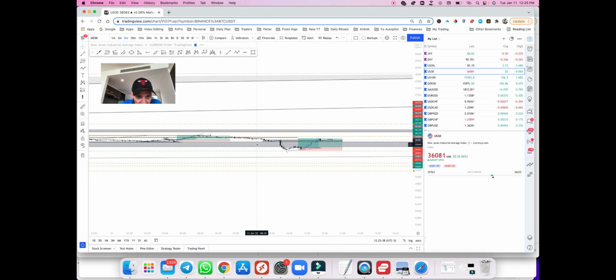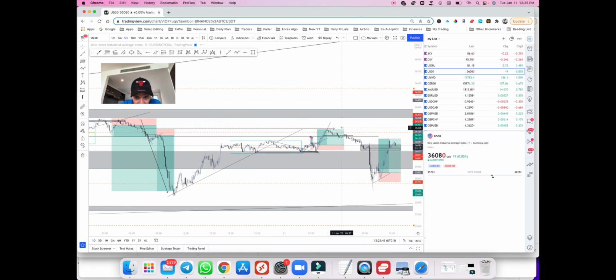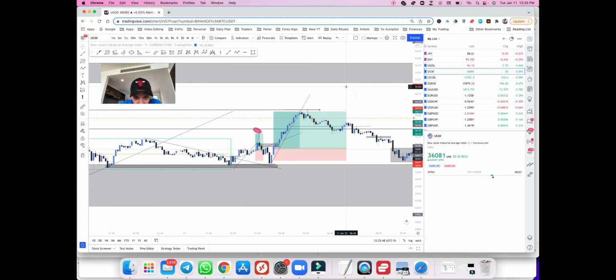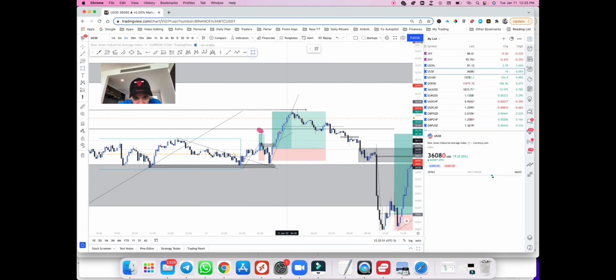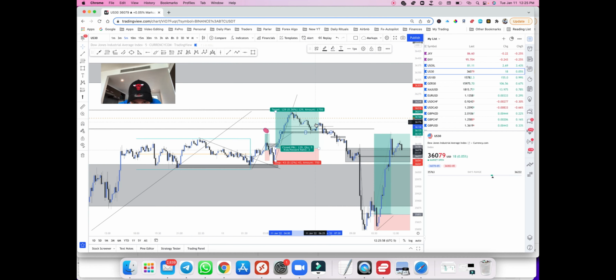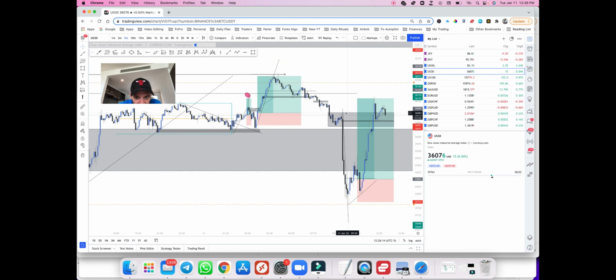But if we just go back, just do some lower time frame momentum entries while we're here again. So here I didn't want to take any sells until this area had broken, because I still had a lower time frame bullish bias. I actually took a buy, what was it, here, but I only got a few pips out of it, and then price started breaking, and then once price started breaking past here, I knew that it was going to drop to the next order block. And then as soon as price came back into the range, and we had the New York Stock Exchange open here,